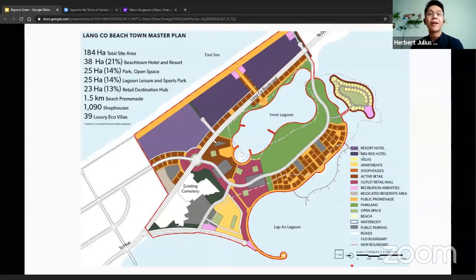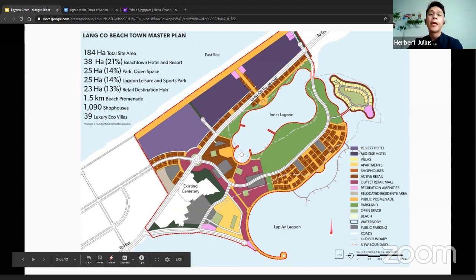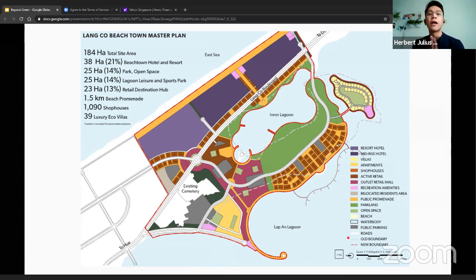master planning is about looking at the land parcels. If I have 184 hectares of land, the owner of it or the developer of this land is interested in how do I gain value in my land. So what's the type of mix? Do I look into whether I mix it with hotel, villas, apartments, or in short, future development for this land? And this is what we call a land use schedule. And a land use schedule primarily divides the totality of the area into distinct different parcels with specific use.